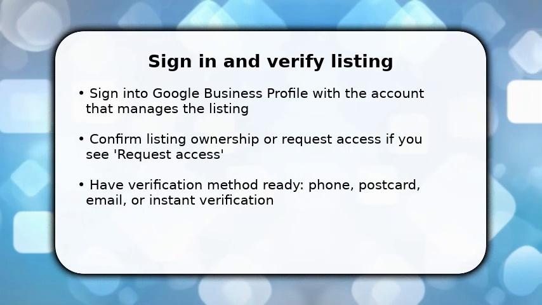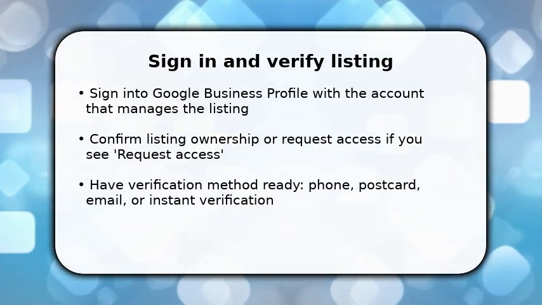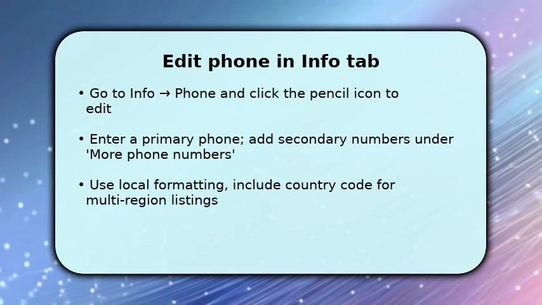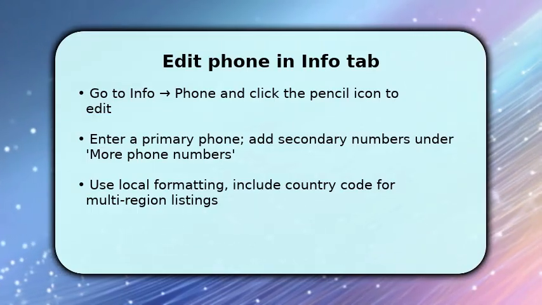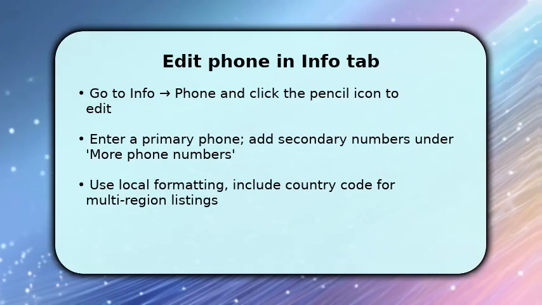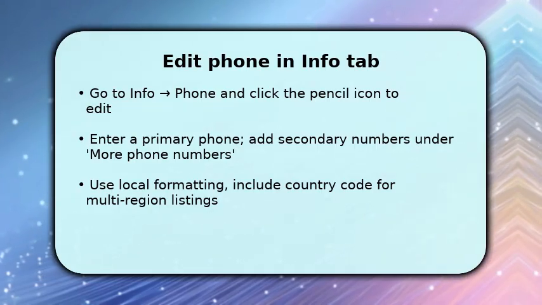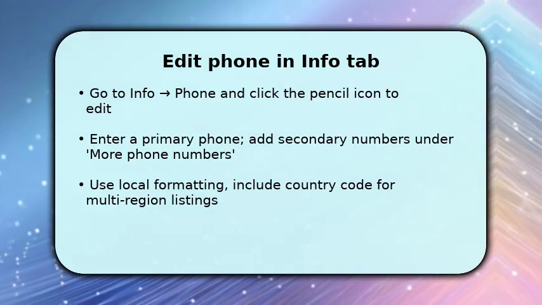Now navigate to the Info section to prepare the phone number update. You're in the Info tab. Click the pencil icon next to phone to start editing. Type the new primary number using local formatting and include a country code if customers call from abroad, because accuracy